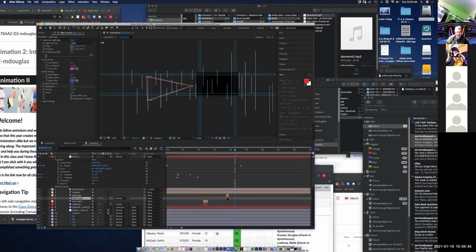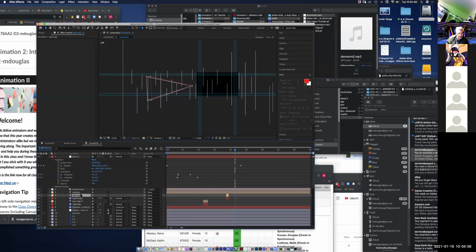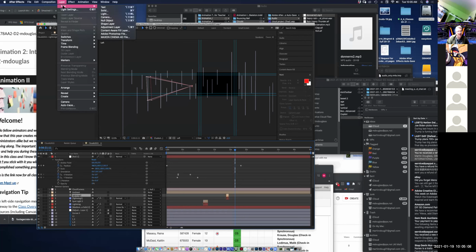Down here, down there. A lot of effects you have to apply to a solid layer. So the first step is you need to make sure that you're on a right layer. All right, so I'm going to create a new solid,